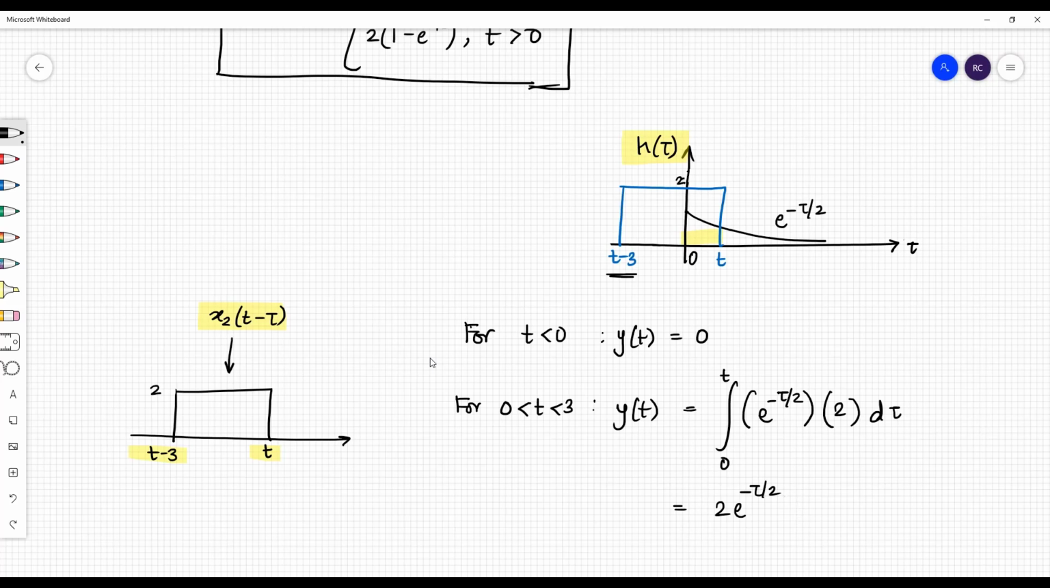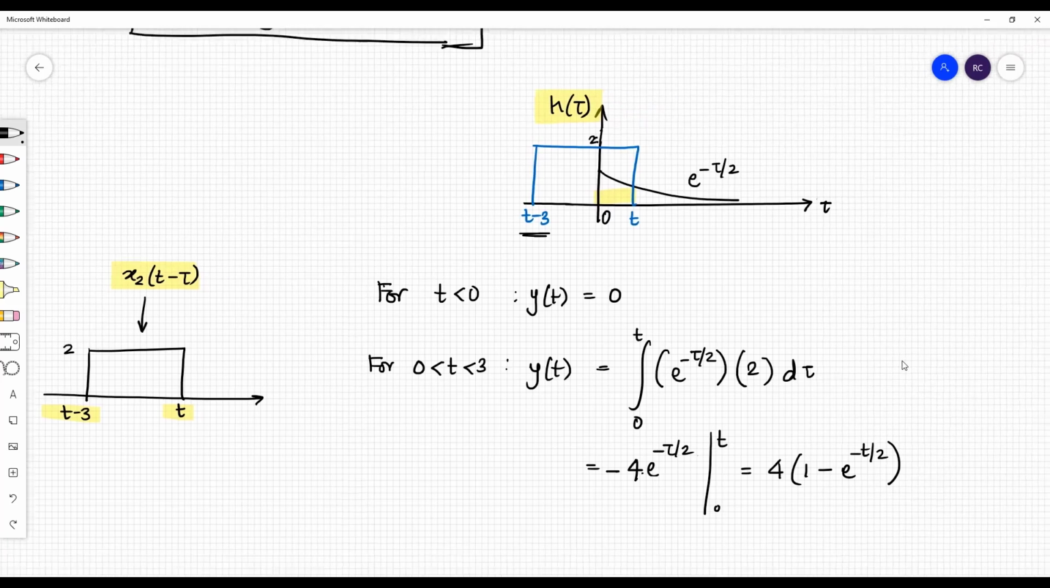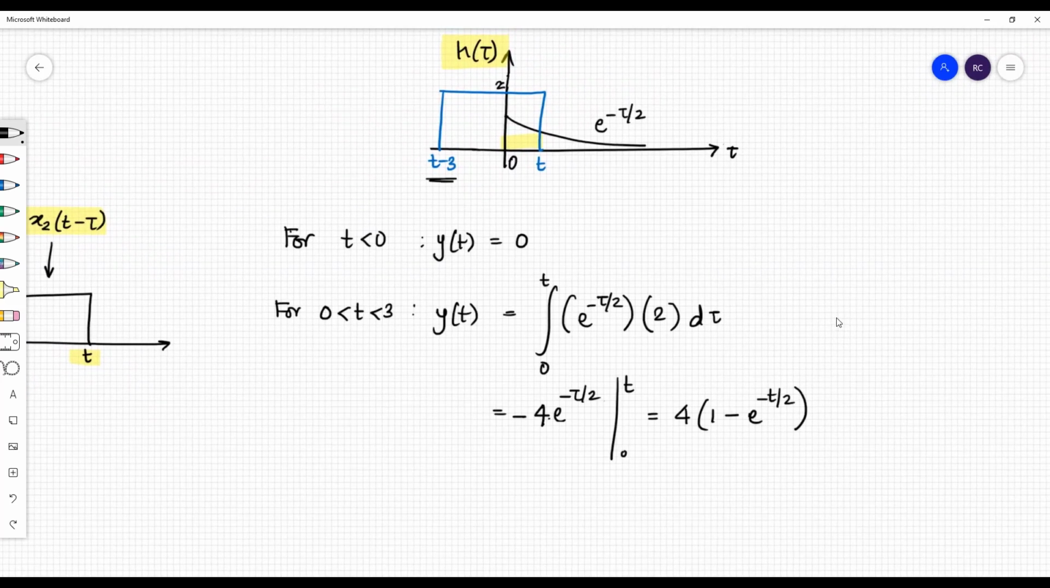You will get 2 e to the power minus tau by 2 divided by minus half, limits 0 to t. So this becomes minus 4 times e to the power minus tau by 2, and when you plug in these limits, you will get 4 times 1 minus e to the power minus t by 2. Okay. What is the next case? Next case is that